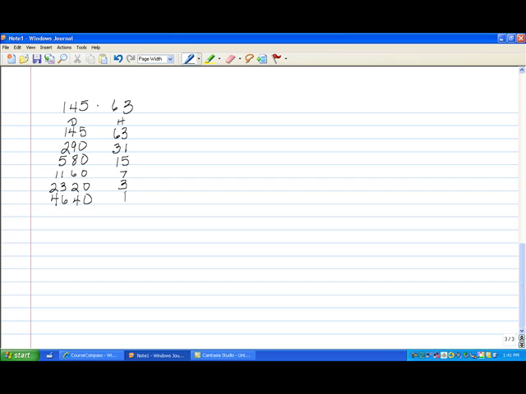So what we want to do is take the odd ones, and it turns out all of these are odd. So we're going to have to add up all the numbers in that other column. So we have 4640 plus 2320 plus 1160 plus 580 plus 290 plus 145 equals, and I'm getting 9135. So 145 times 63